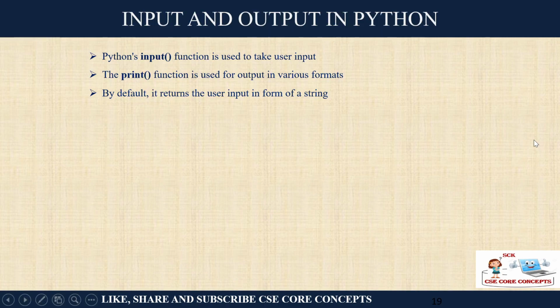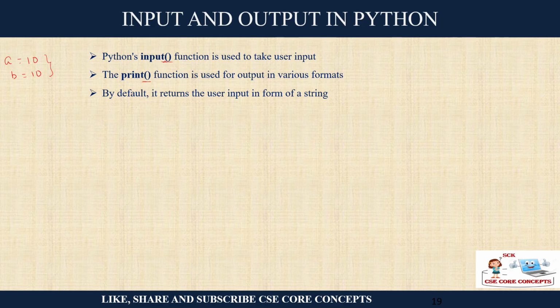So let us get started with it. So let us have an understanding of the input and the output function. Now, till now what we have discussed in my video is that whenever we want to print anything, we are assigning the values to the variables in this static way, right? But let's say the user wants to insert the values in a dynamic approach, that is, let the user give the input. Then the function to take the input value is your input function, just like you have cin or scanf in C and C++, right? Now similarly, when you want to print the value, you have the print function.